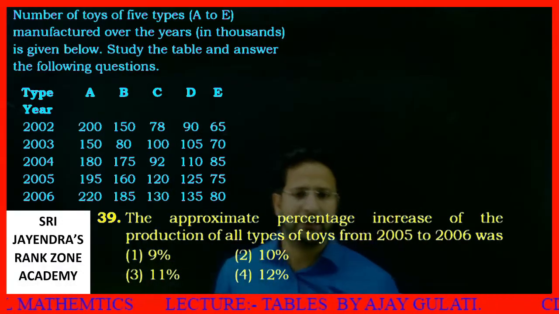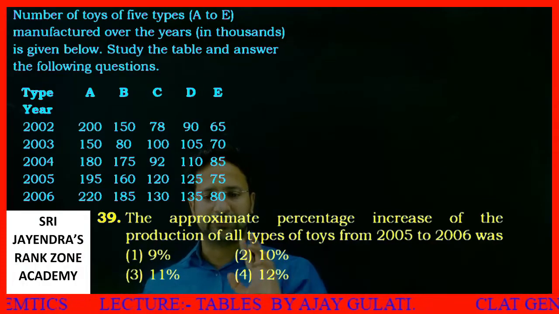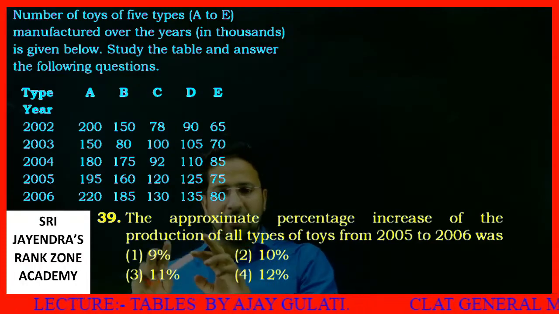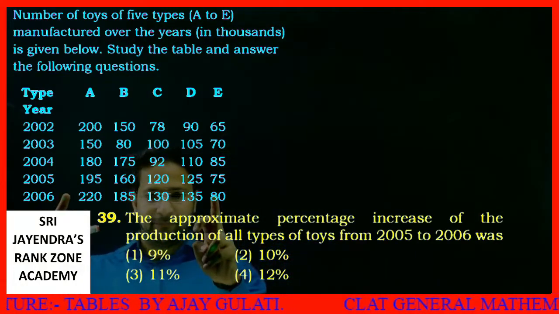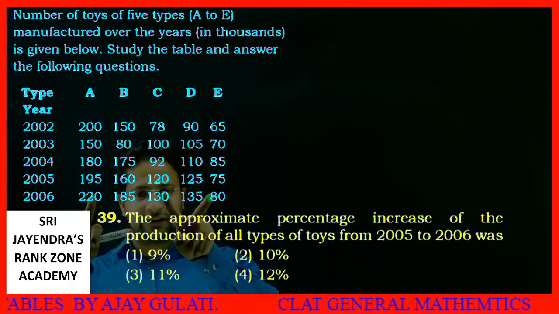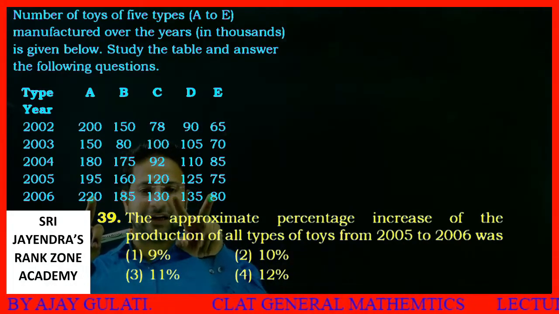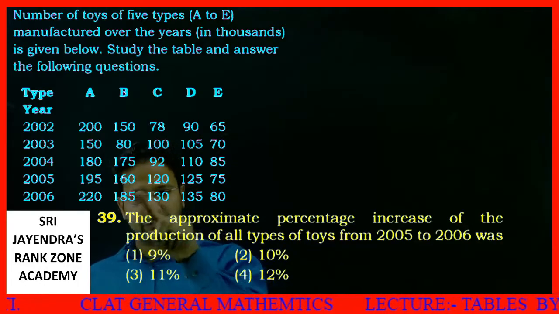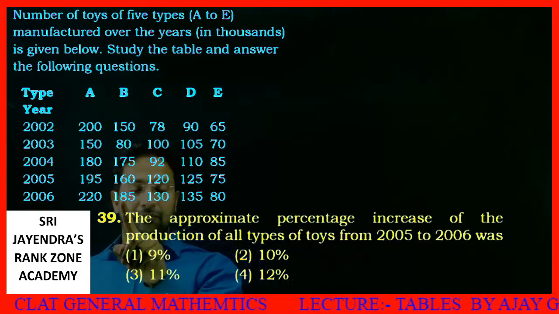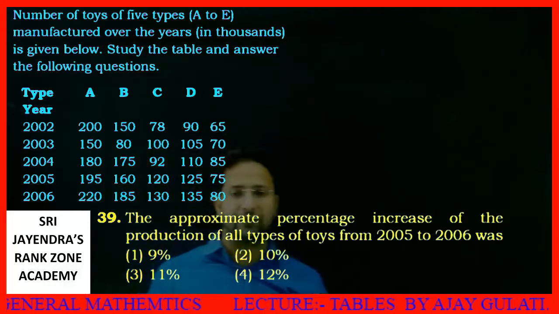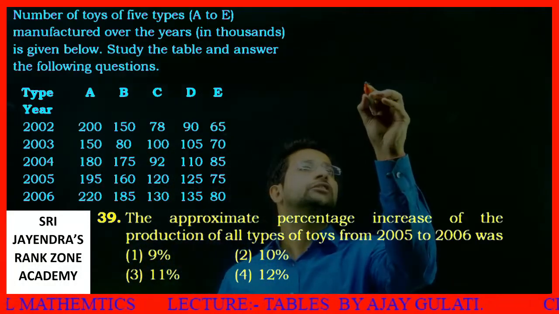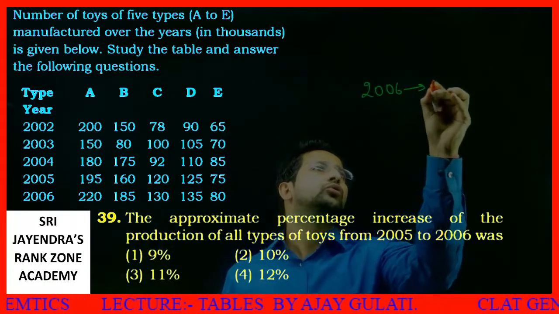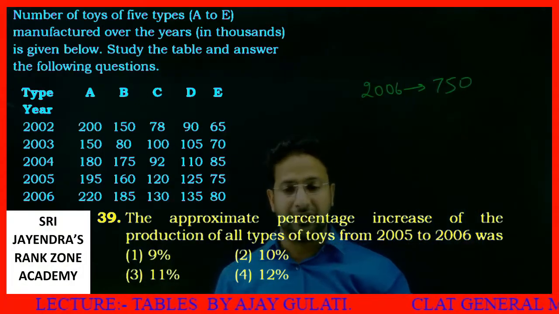Better way will be from 2005 to 2006. Okay, 2000. See, I told you this is 300. Okay, this is 130. Let's consider them 130. 300 plus 260, 560. Give 5 those to this. 560 plus 190 will give me 750. So in 2006 the production has risen to 750.